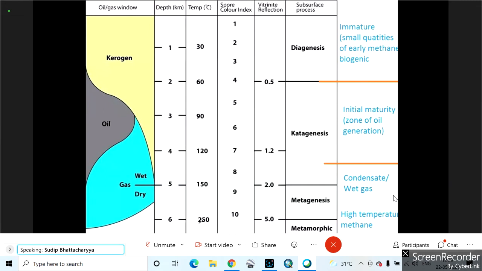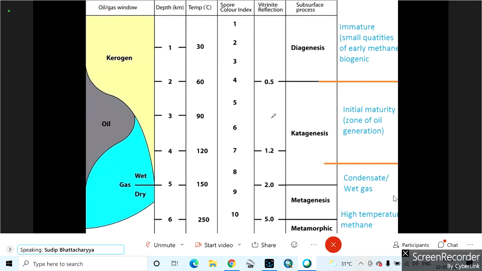Temperature, according to your normal geothermal gradient, is here. This is the color. Now it is the vitrinite reflectance. You can see the value 0.5 that we have measured from the vitrinites over there. From coal, and from kerogens, for the hydrocarbon potentiality of oil, they also have these vitrinites. From there, we can study what the reflectance value is, and if we are getting a reflectance value from 0.5 to 1.5,